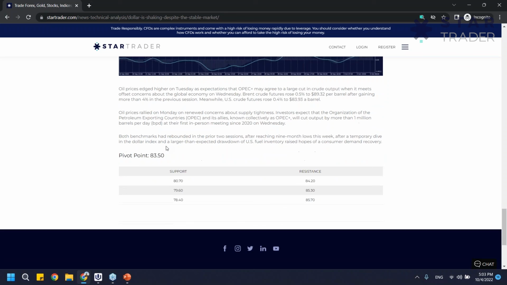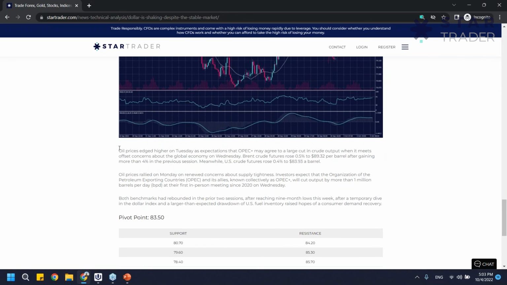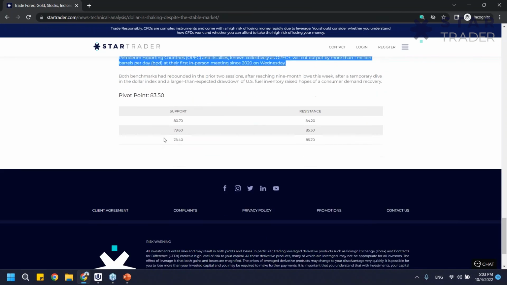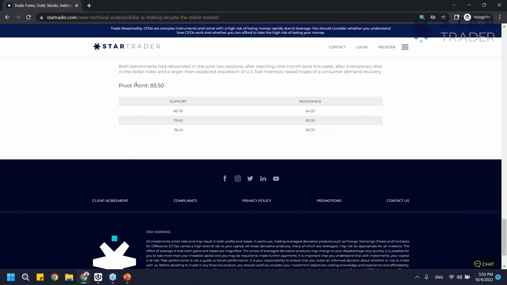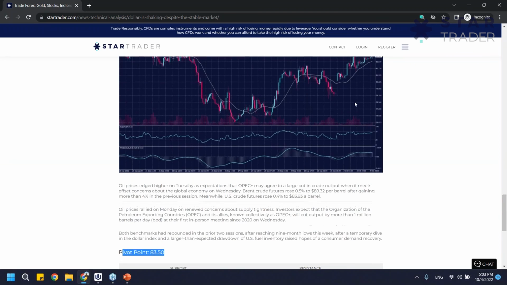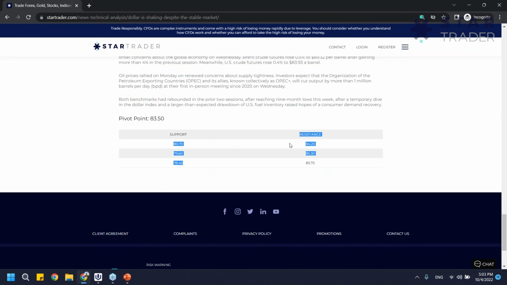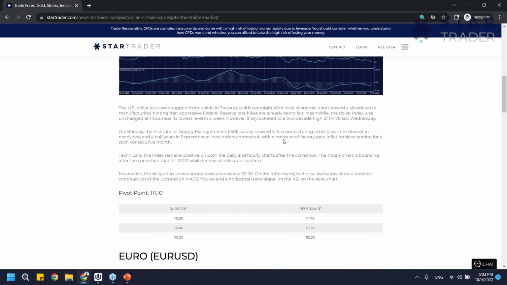Similar to that one, let's go, for example, for crude oil. We have this about crude oil, how much is the production, what we expect to happen in the production levels or supply levels, demand levels for the crude oil. And then we have these points, pivot point that we measured. If you can see here, it's a major point in the market. We have the support levels and resistance levels.